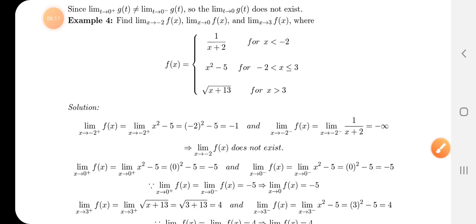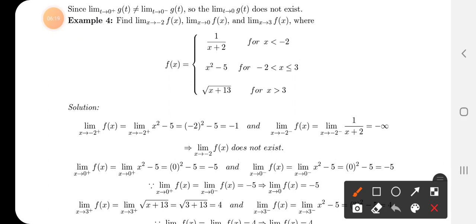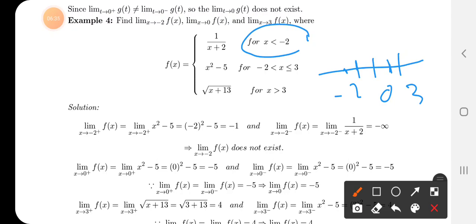सिमिलरली यू विल चेक एट 0 पे, राइट और लेफ़्ट पहले चूज़ करो। 0 का राइट किधर है, लेफ़्ट किधर है। अगर आप ये सारे नंबर्स प्लॉट कर लो, एक -2 है, एक 0 है और एक 3 है। अब 0 का राइट और लेफ़्ट, ठीक, अब ये तो x लेस दैन -2 है, तो बहुत दूर चला गया ना लेफ़्ट, तो हमने जो 0 के करीब लेना है, तो इसका मतलब है जो 0 का राइट और लेफ़्ट इनके दरमियान आएगा, क्योंकि x ग्रेटर दैन 3 तो उसका 0 का लेफ़्ट नहीं आएगा।